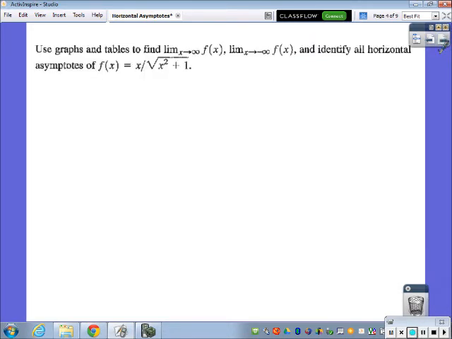So let's look at one more example. In this case, this function, f of x equals x divided by the square root of x squared plus 1, a little more involved, a little bit more difficult to think through. Not impossible, but more challenging. So in this case, they want you to use graphs and tables to find that limit. So if we go to our calculator